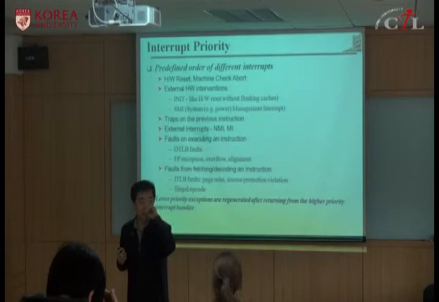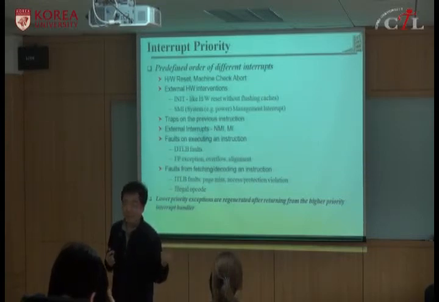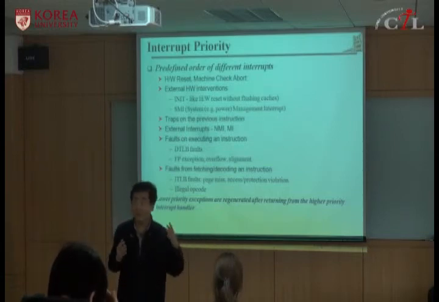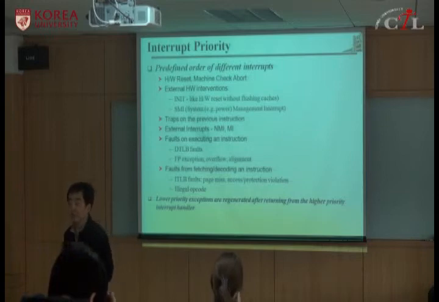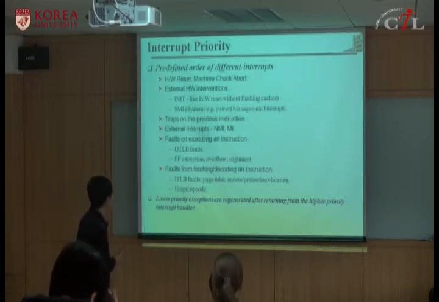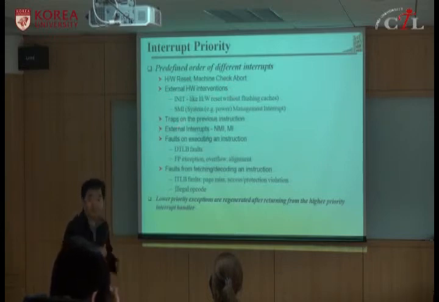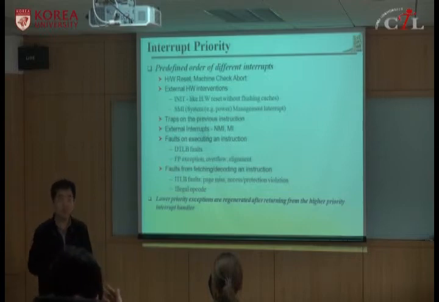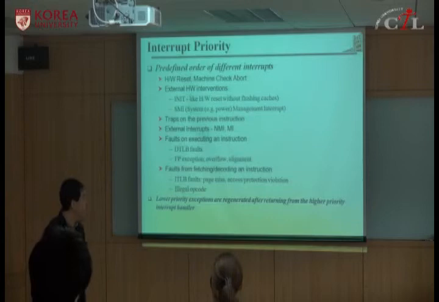Then you have to handle this interrupt properly, and you should follow this priority, and you also need to follow program order. But interrupt is nothing to do with program order, right? So they define this priority for external interrupt. So in general, except these important events, you handle trap first because trap belongs to the past, okay? And then external interrupt, and then fault. Fault belongs to the future because you have to restart, okay? For the fault, you have to handle this fault in program order,